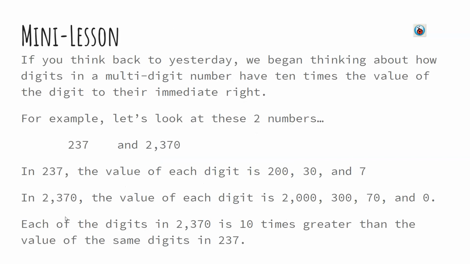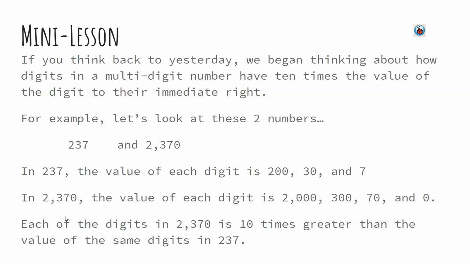Okay, friends, if you think back to what we learned yesterday, we began thinking about how digits in a multi-digit number have 10 times the value of the digit to their immediate right. And immediate right just means the number that is right next to them on the right side, okay? So let's look at two numbers to refresh ourselves from what we learned yesterday. 237 and